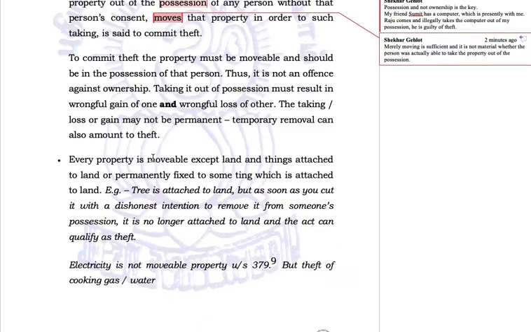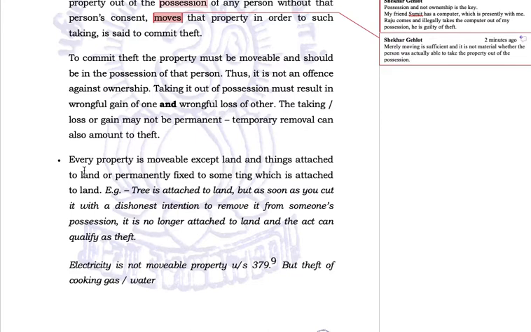Every property is movable except... Now, what is movable property and what is immovable property? We have discussed it when we discussed the Contract Act. Let us now again discuss it. Every property is movable except land and things